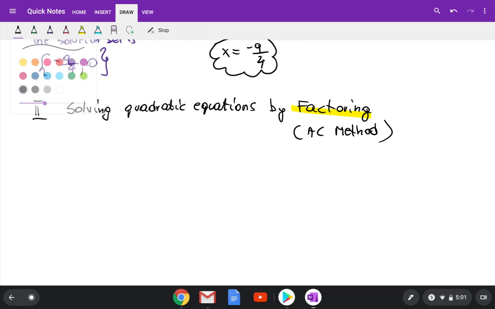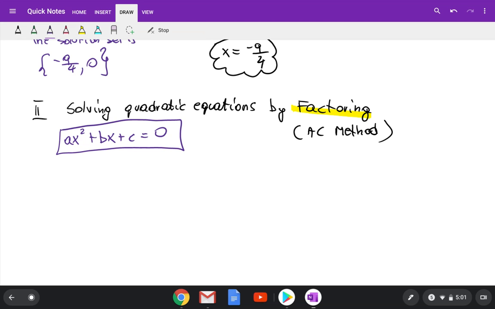So how are we going to do it? Let's write the steps. This is how you're going to do it. To be able to solve a quadratic equation by factoring, your quadratic equation will have the form ax squared plus bx plus c equals 0. Again, that's our quadratic equation. This is what we're going to solve. Like you see here, you don't have a product, so we're not ready to use the zero product rule yet. That's why we need to factor. We need to create our two factors. So step 1,